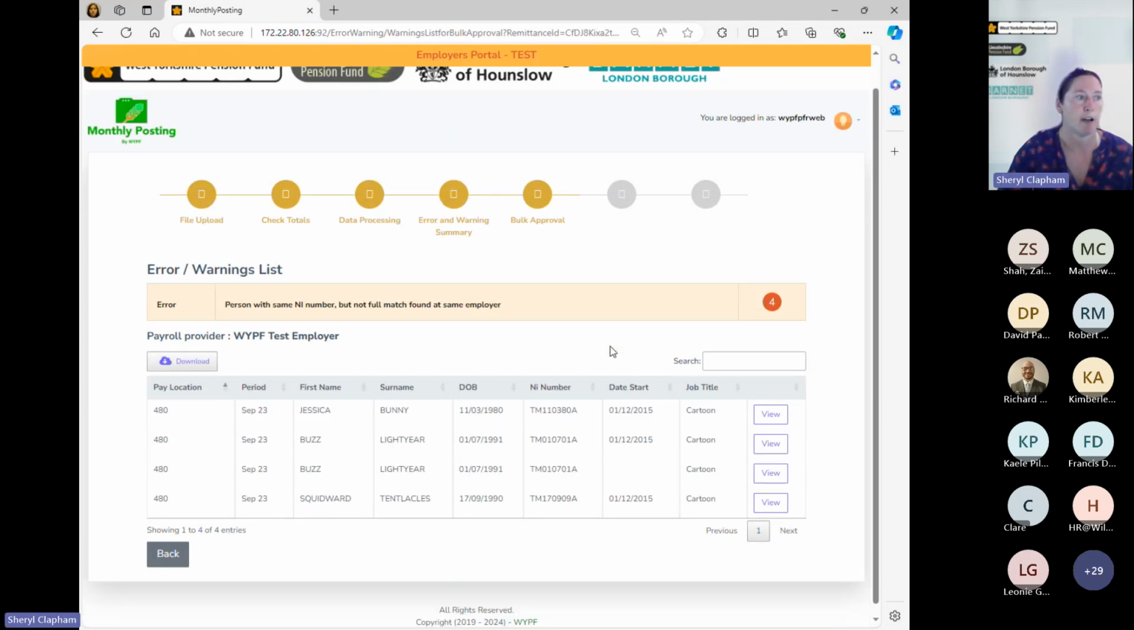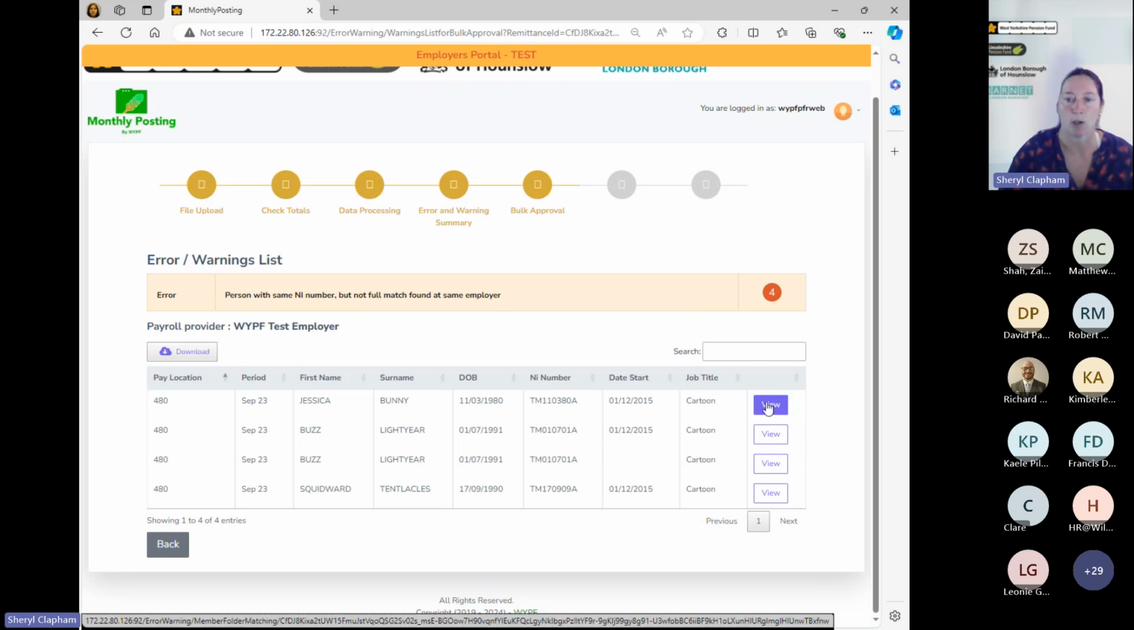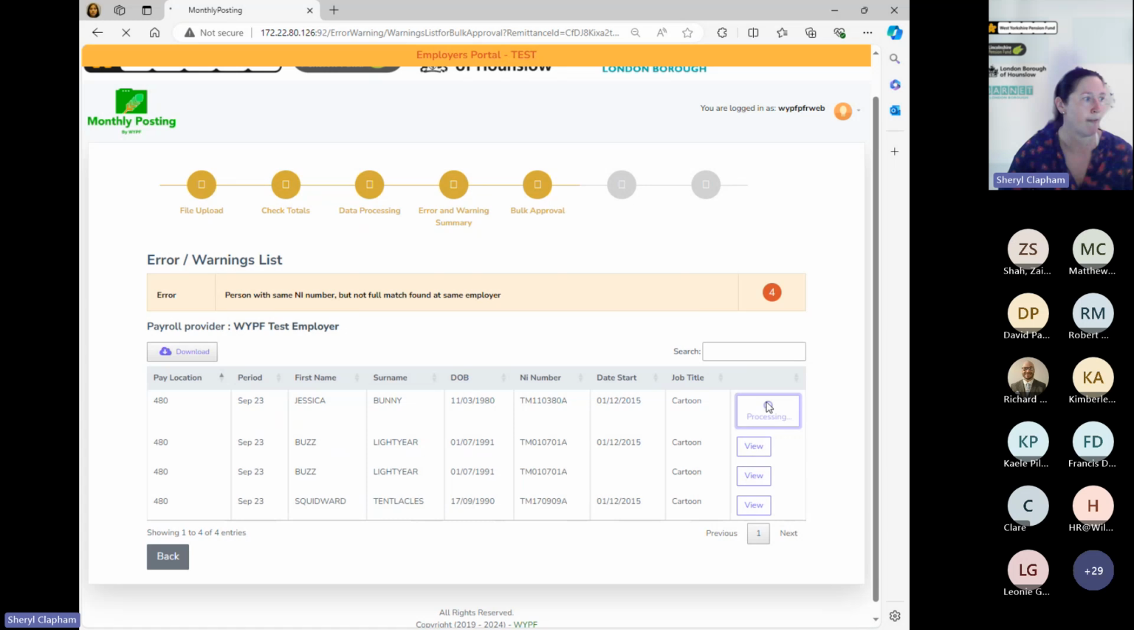So it's showing the 4 errors here. We've got a Jessica Bunny, 2 for Buzz Lightyear, and 1 for Squidward Tentacles. So we need to select the first one. So let's have a look at Jessica Bunny. So if we click on View,